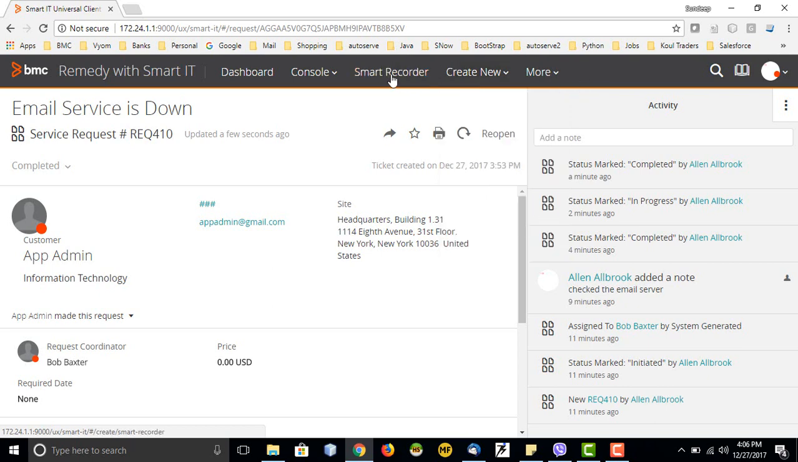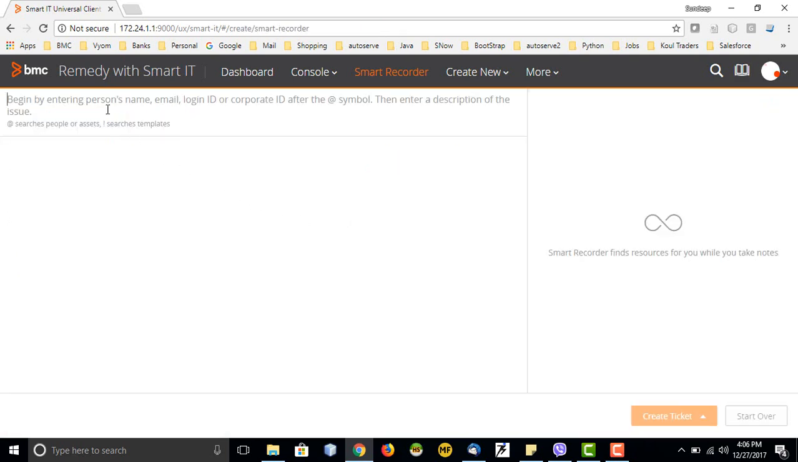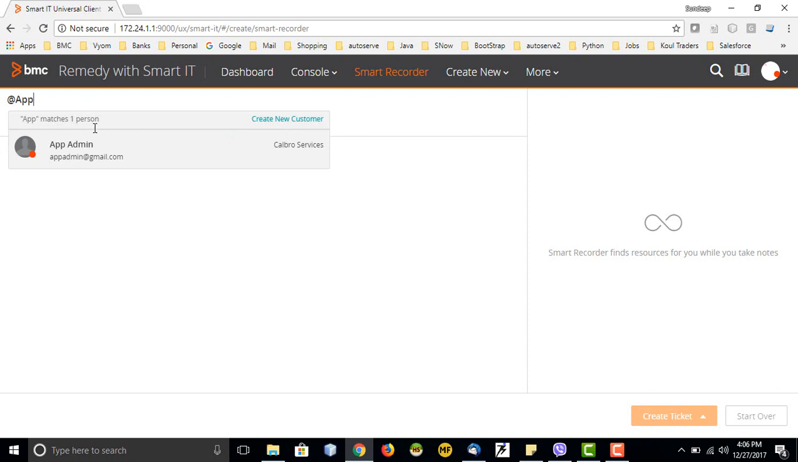Now let's see this console, smart recorder. Smart recorder is basically a tool which is given in Smart IT, where we can create tickets on the fly. BMC has given us a way of creating tickets without much effort. So let me say, if I want to tag someone, I will say app admin. I will tag admin,